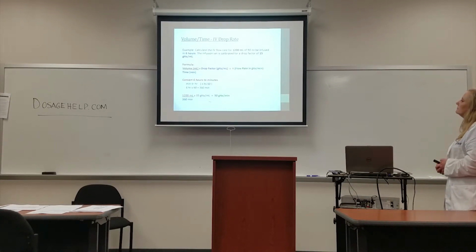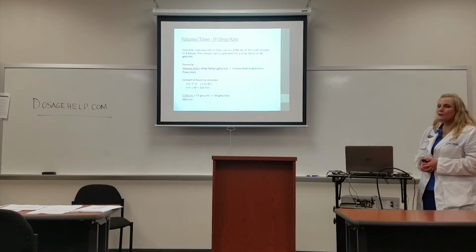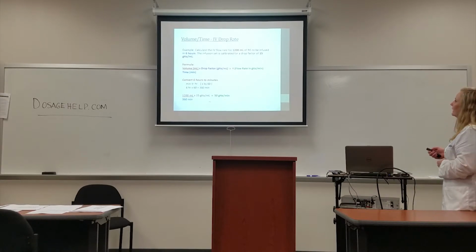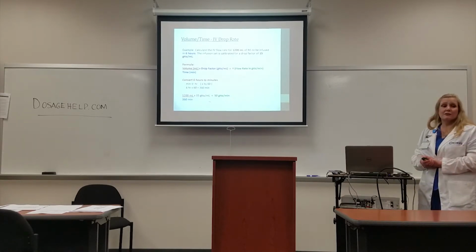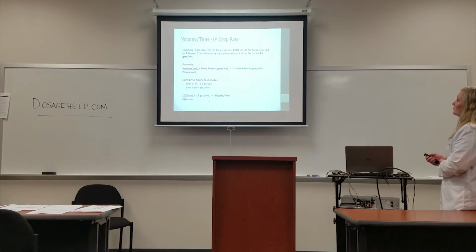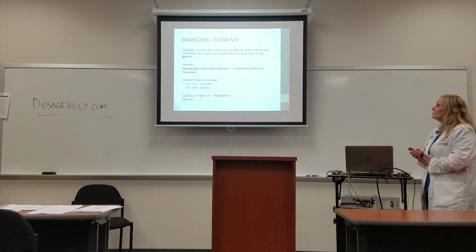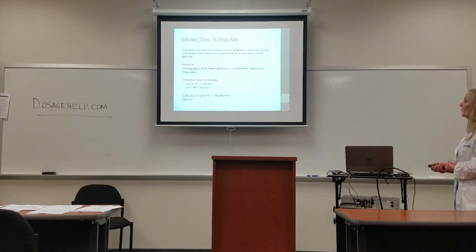My formula. So here is a problem. It's all color-coded, so it draws your eye so that you pull the right thing out. Please note on test, our professors do not color-code anything, so make sure you're paying attention. Calculate the IV flow rate for 1,200 mLs of normal saline to be infused in 6 hours. The infusion set is calibrated by a drop factor of 15 GTTs per mL. So my formula is my volume divided by my time multiplied by my drop factor gets me my flow rate